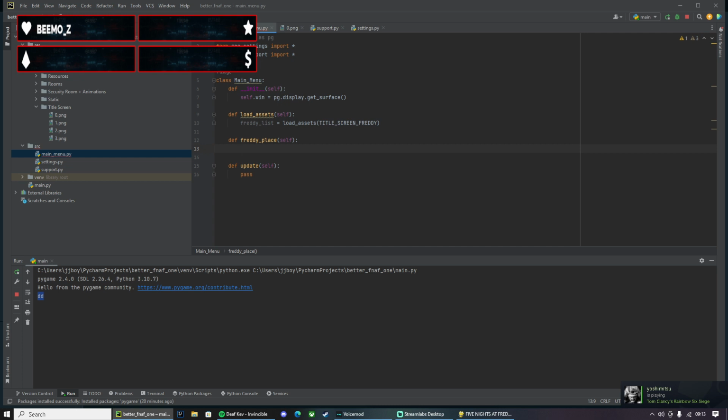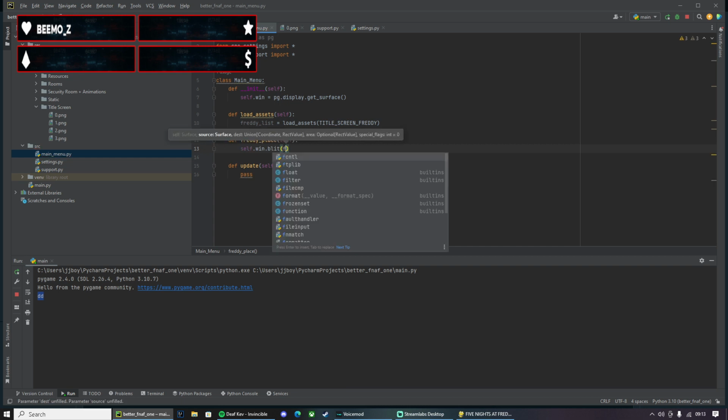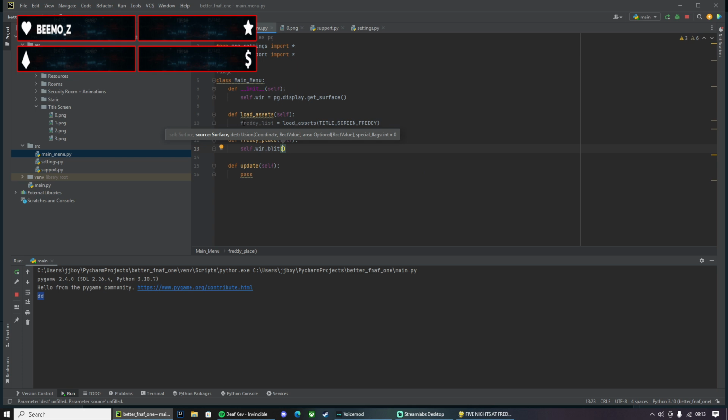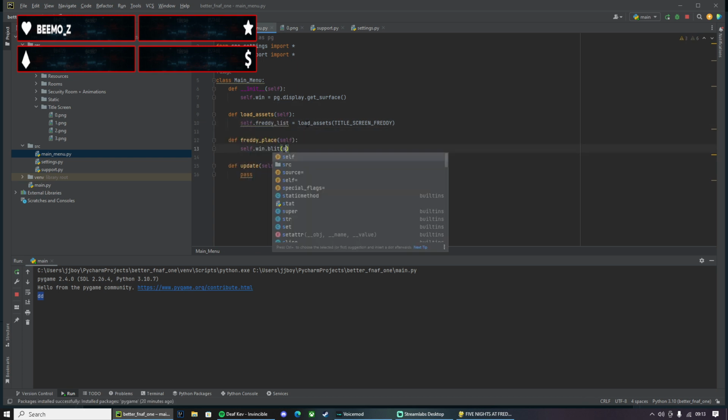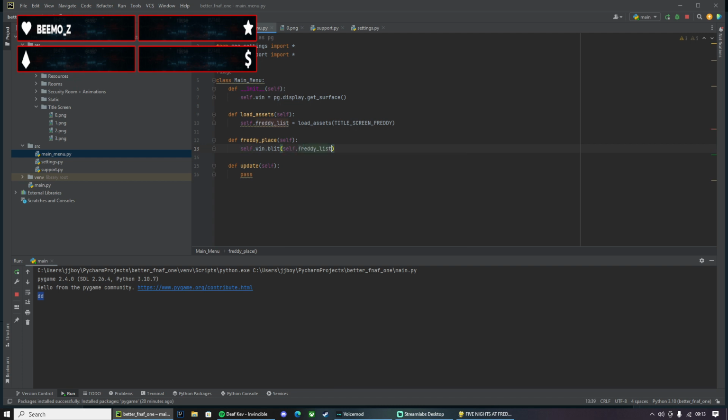So self.win.blit. We need to make it self so we can. Self.Freddy list, and we'll do the first image. And then we'll place it at 0,0.